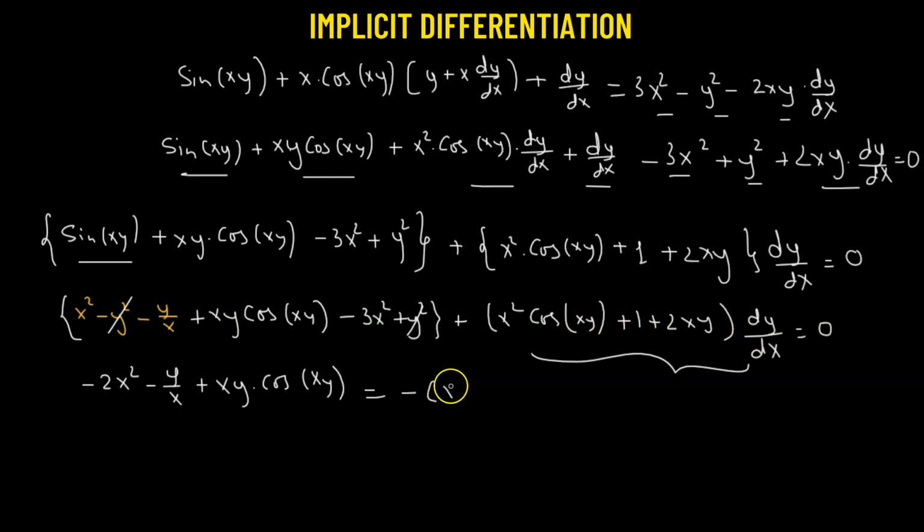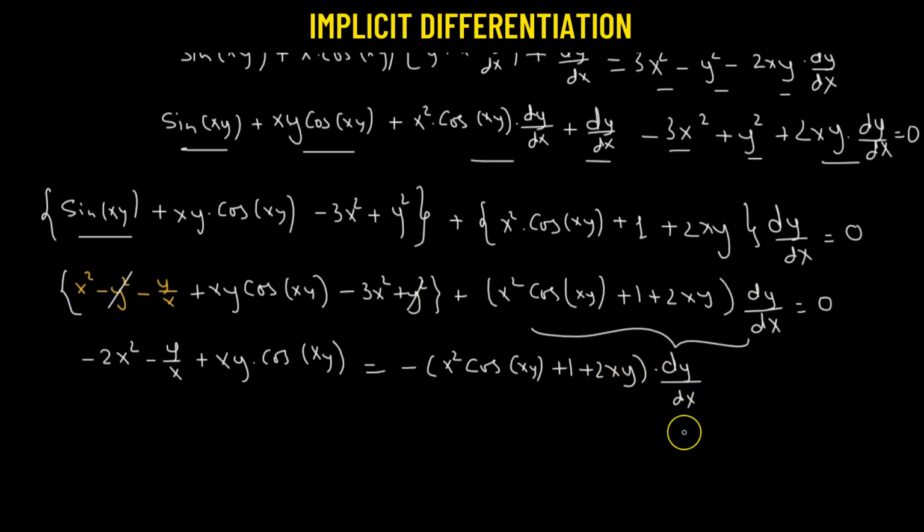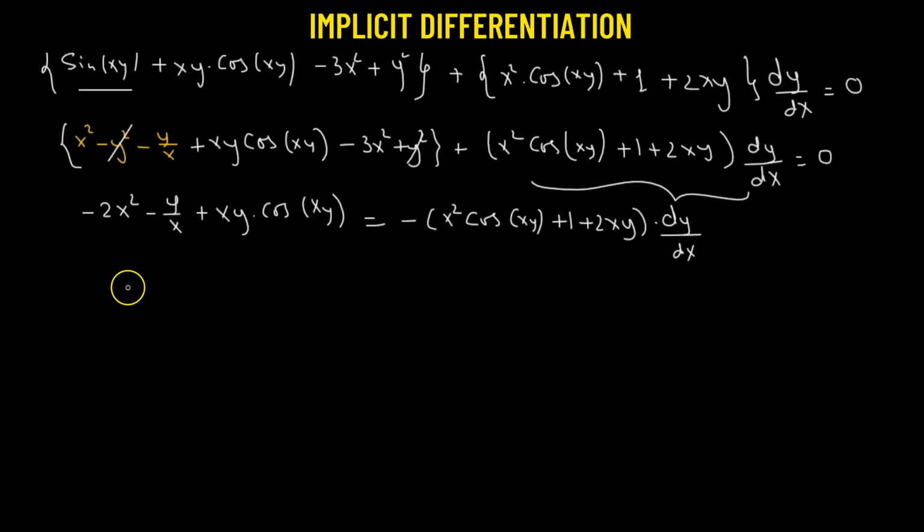We have negative times x squared times cosine of xy plus 1 plus 2xy multiplied to derivative of y with respect to x. So here we can take negative as the common factor. So we have negative multiplied to 2x squared plus y over x minus xy times cosine of xy